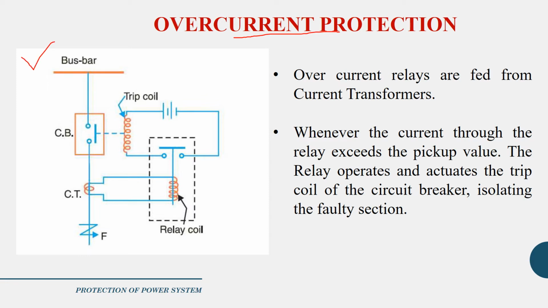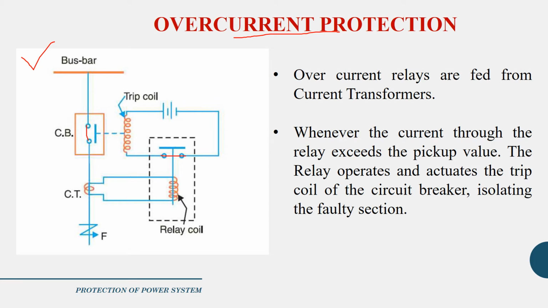Overcurrent protection. The figure represents the basic trip circuit of an overcurrent relay. Here, the relay coils are fed through the CT secondary. Under normal condition, the contacts of the circuit breaker are normally closed, whereas the contacts of the relay are normally open. When a fault occurs, the CT secondary current will flow into this relay coil. If this current is greater than the pickup value of the relay coil, it will sufficiently energize the relay coil, and in this case the lever associated with the relay will be pulled down and will make the connections like this.